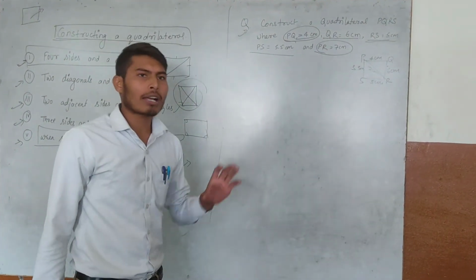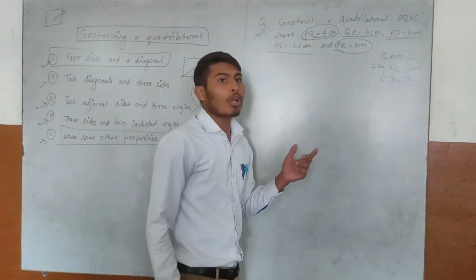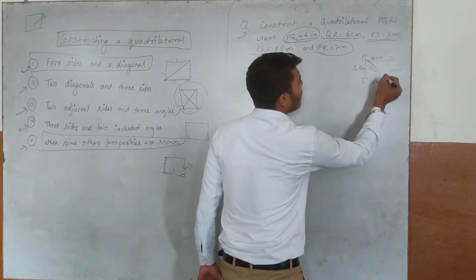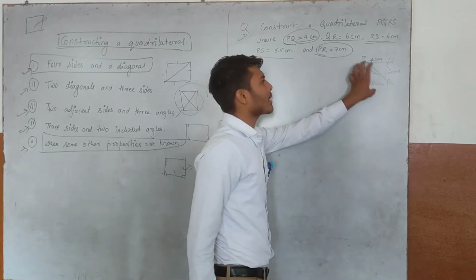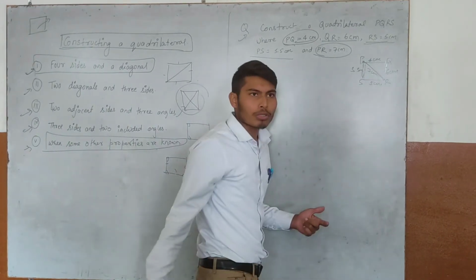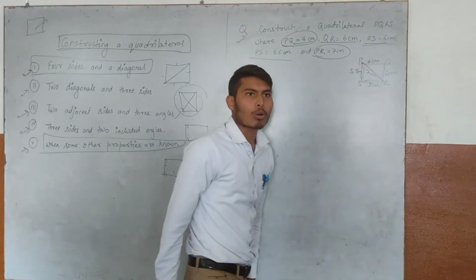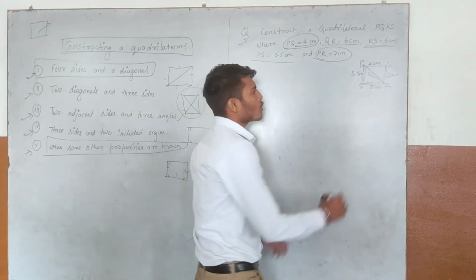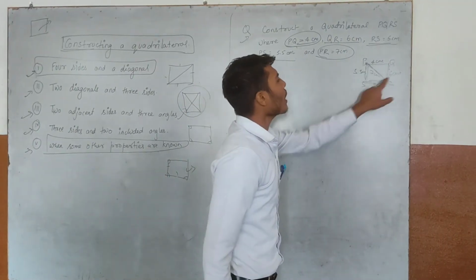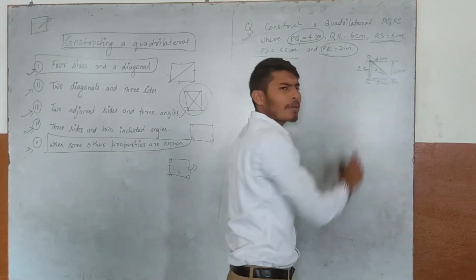While drawing the quadrilateral, we have to make sure that we take the side which connects the maximum of the sides. For this, we will first draw the diagonal, because this diagonal is connected to all the other four sides. If we take PS, then QR will be left out. If we draw PS first, then PQ will be left out and we don't have any of the angles. So we will draw PR, the diagonal, first. Why? Because it connects all the other sides: PQ, QR, RS and PS as well.